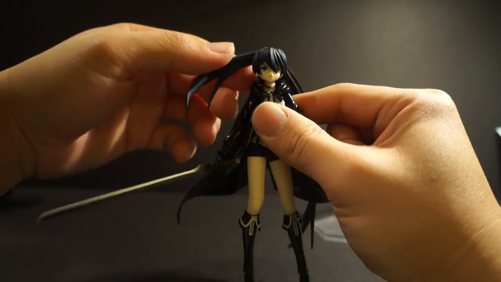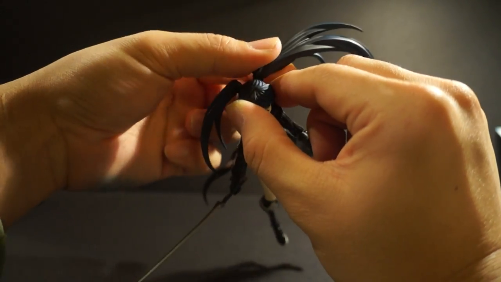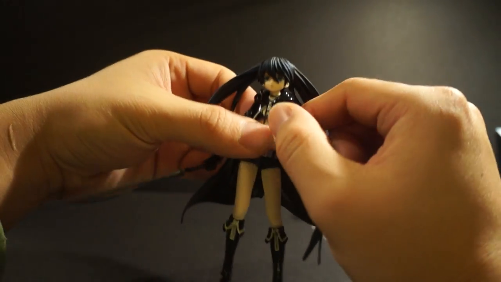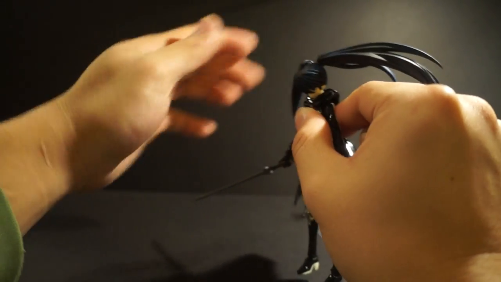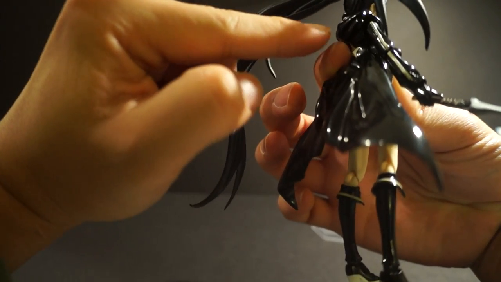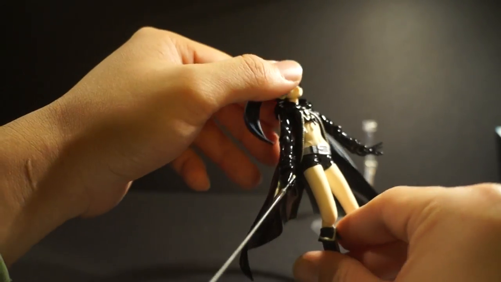All right, articulation. All her hair pieces, this piece right here is on a ball joint, it can move. This piece right here can swivel, and it can go up and down, so that's pretty cool. The head can look left, right, you name it, look up that far, look down pretty darn far. This piece right here, there is a little hoodie piece that does hinder articulation a tad bit, but